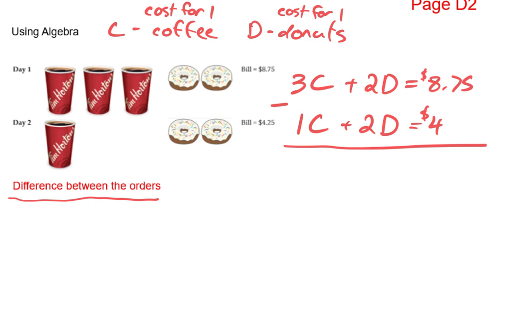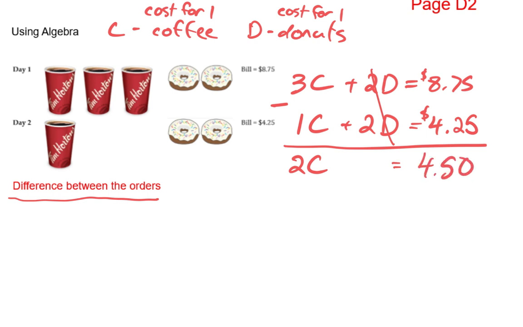Now, notice I've got like terms lined up with each other. So I can just subtract 3c minus 1c. They're like terms, so 3 minus 1 is going to give me 2c. 2d minus 2d, those are just going to cancel each other out. And on the other side of my equal sign, 875 minus 425 is going to give me